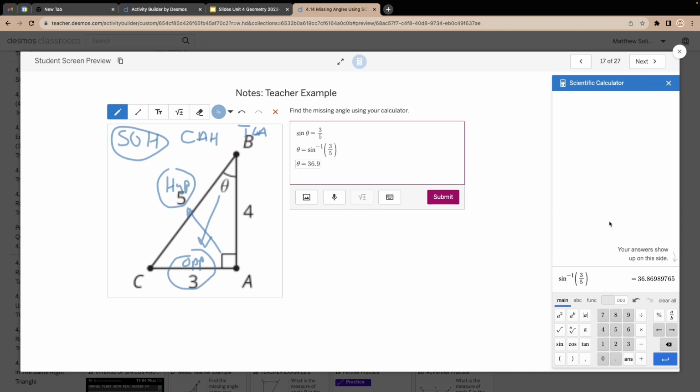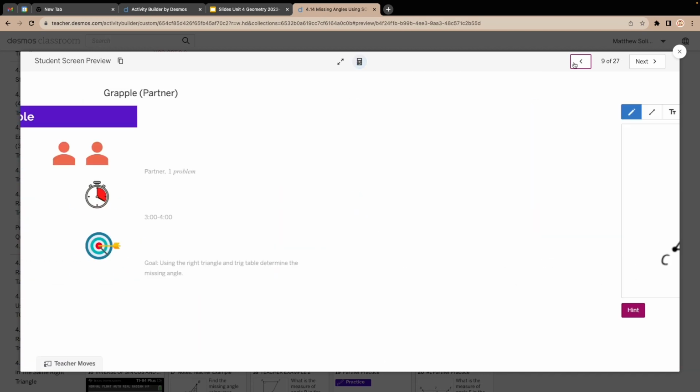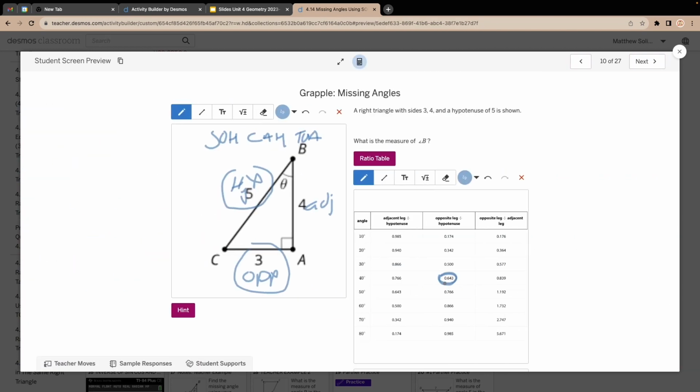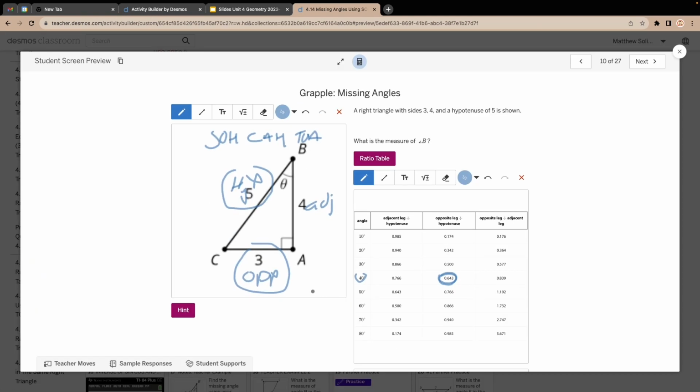Now thinking back to our first problem that we did, using that table, we said it was a little less than 40, so 39 was correct. The calculation